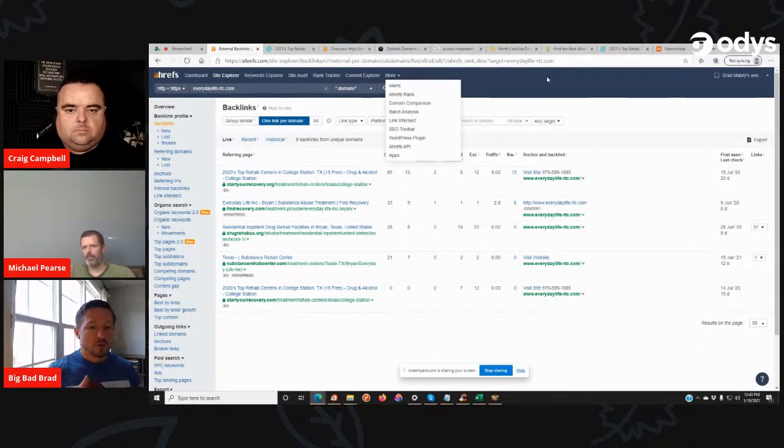So I'm going to sort it by referring domains. A lot of times, if they've got a ton of referring domains, they're spammed out, but you can take a look at them anyway because you can find a diamond in the rough at the top sometimes, but you're typically going to have to go down. I like to get at least 5 to 10 referring domains for my network sites. I like to have more of that for my money sites, but of course, I'm going to be doing more link building to the money sites, so they're going to have it regardless. So that's what I do with Ahrefs to find them.